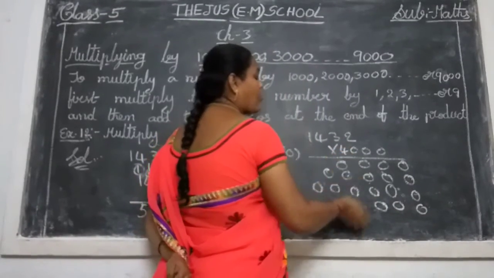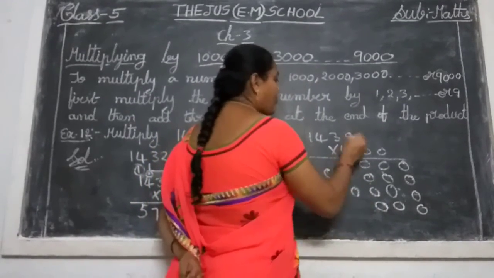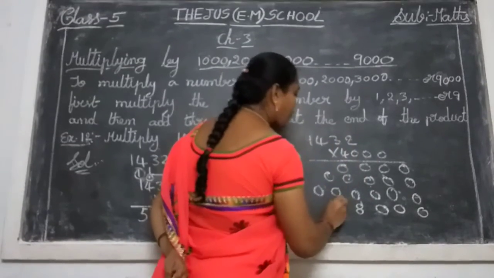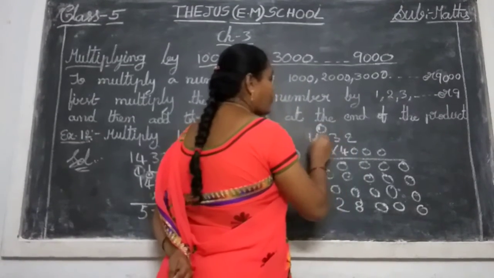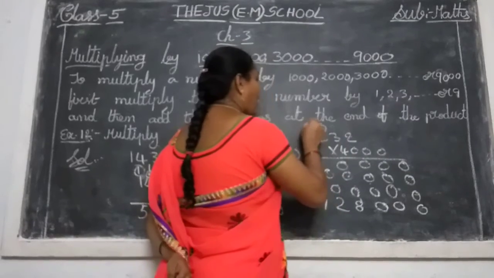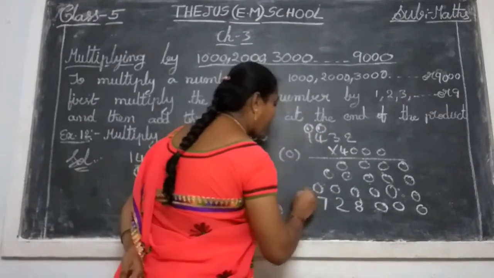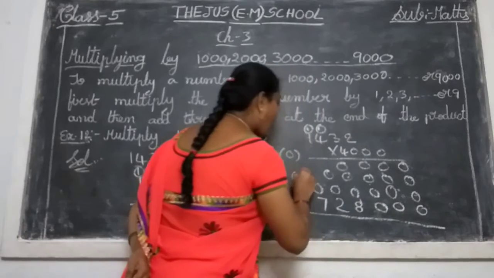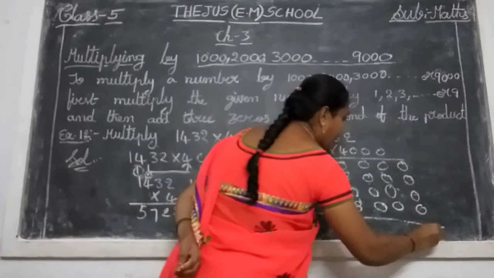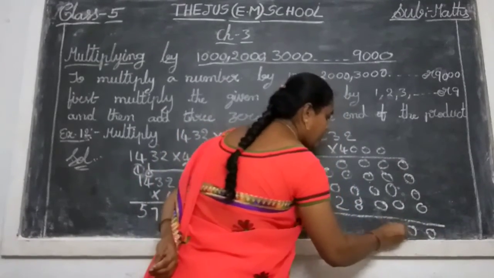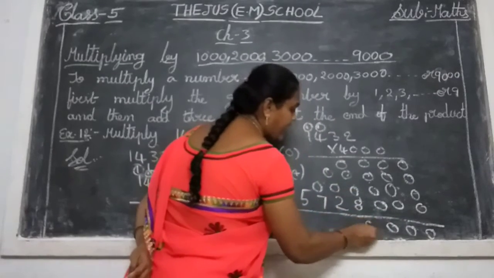So now the thousands place will start the answer. 4 2s are 8. 4 3s are 12. 2 here, 1 here. 4 4s are 16 plus 1, 17. 1 here. 4 1s are 4 plus 1, 5. So add these numbers: 0 0 0 0 plus 8 8 0 plus